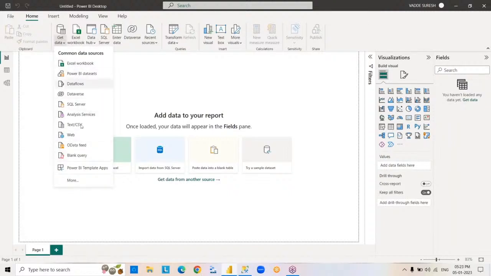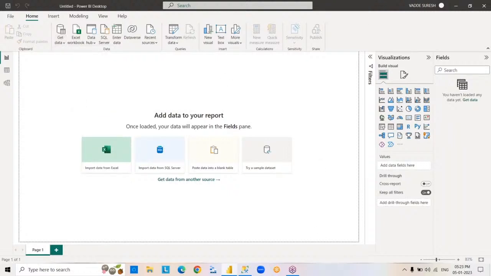By connecting to these data sources only, we can copy data. In the same way, before going to copy data from the source, we have to